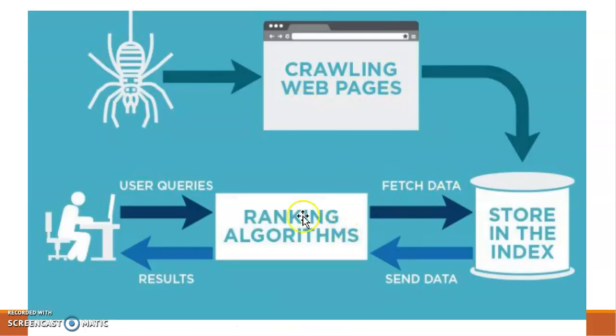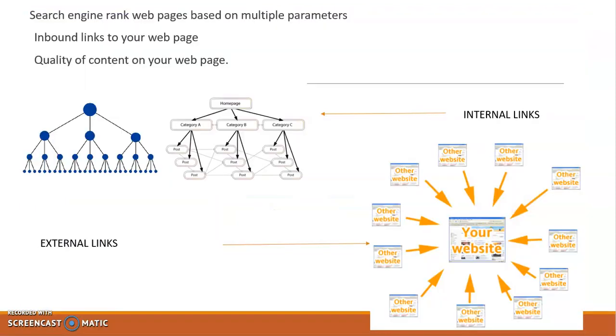All of this is happening. First of all, Google crawls web pages, then it stores your web pages in the index, and if any user sitting here enters a query, then on the basis of indexing and the ranking algorithm, Google fetches that data from here and displays it on the screen. This is all happening on Google, and this is the basic algorithm of how your search engine works, and the query which you put on Google is displayed on your SERP.